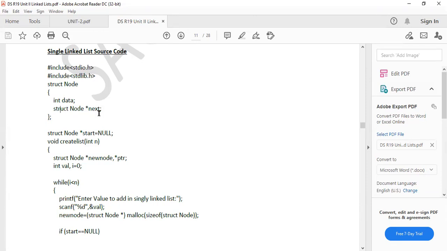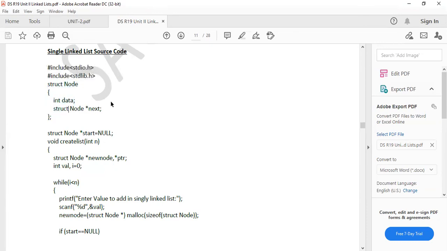Some people may write link, some people may write previous, some people may write next. Whatever it is, the logic is the same. But try to understand this. Don't be confused. So this is the original syntax. The structured data type always closes with a semicolon. After creating this, a node will be created.